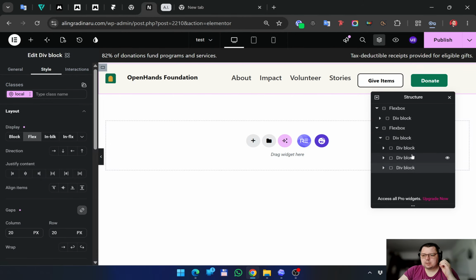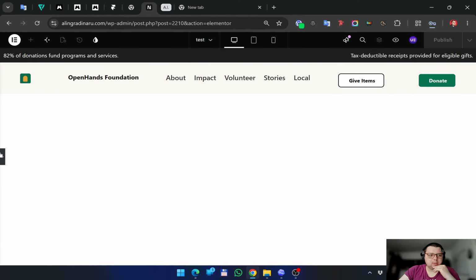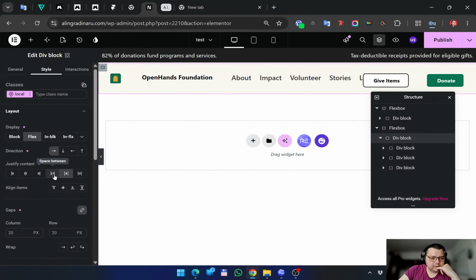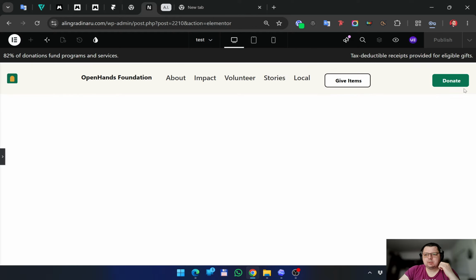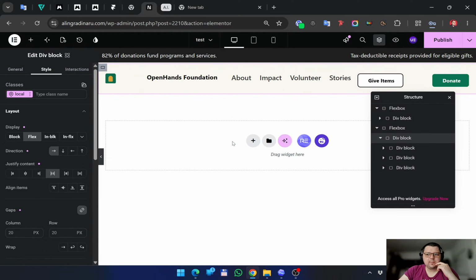Now I want to select this div block and set its layout to flex and to row, and then space between. Somehow it is working, but not as it should. Space around now is not okay, so I need space between, something like this. Now it pushed this button to the right edge, and the image of the logo to the left. This is something that I want, but I want also to